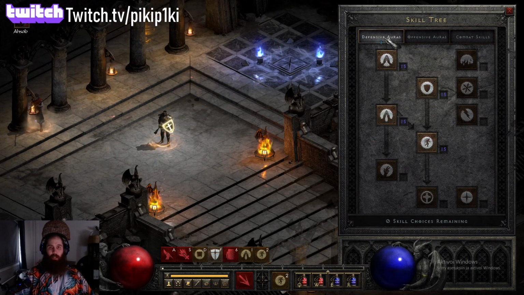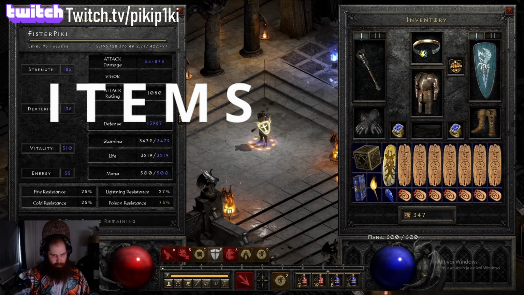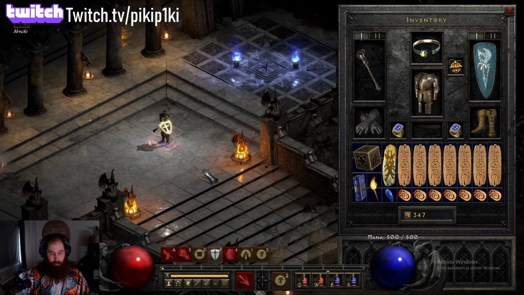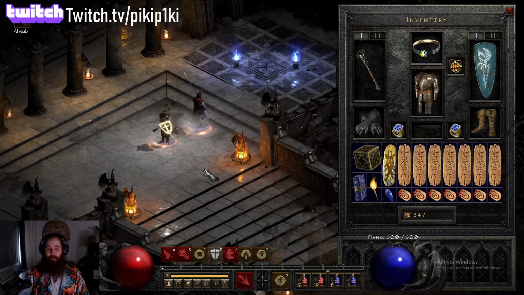Let's move on to the items next. Let's see my resistances. Poison is maxed out just because of the Sands. But let's check out what kind of items you should aim for. This is endgame gear. I should maybe also make a budget version of the Fist of Heavens Paladin at some point, but this is more like endgame